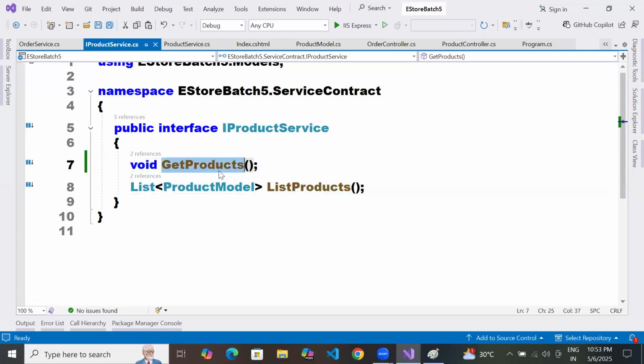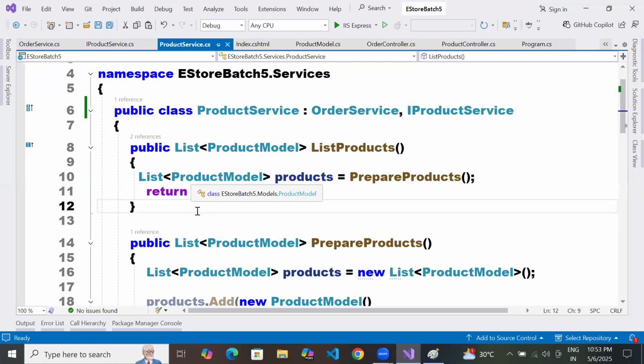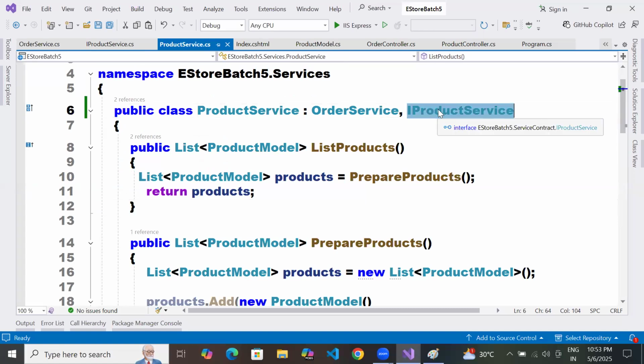The first method we implemented in order service, and the second method we implemented in product service. Since we have an IProductService, this IProductService will denote both order service and product service as the same class, as an implementation.